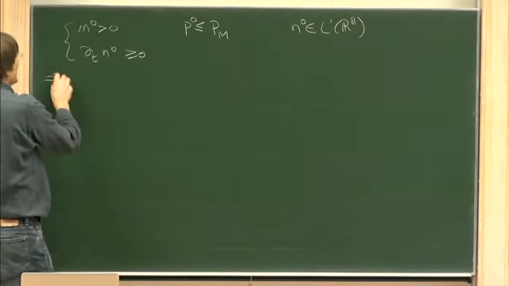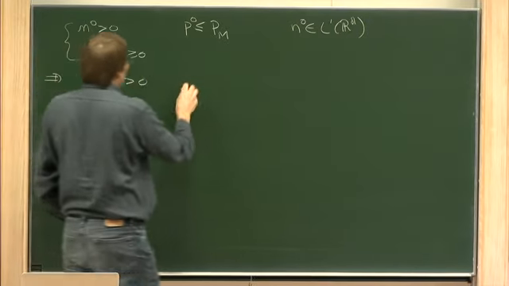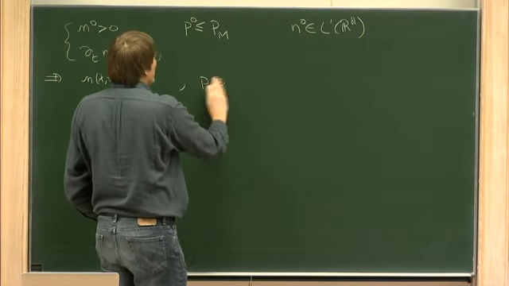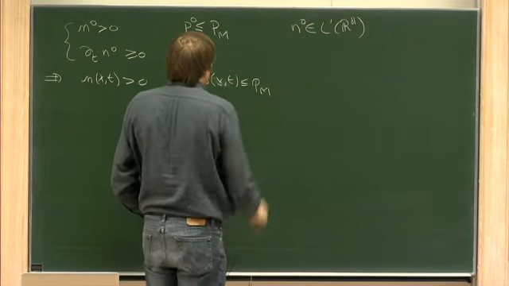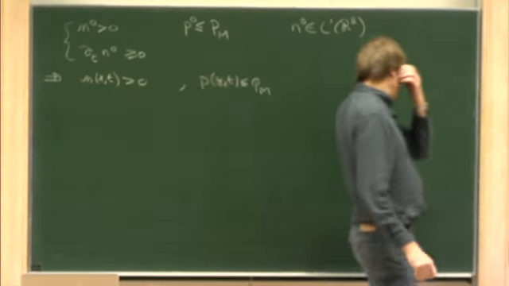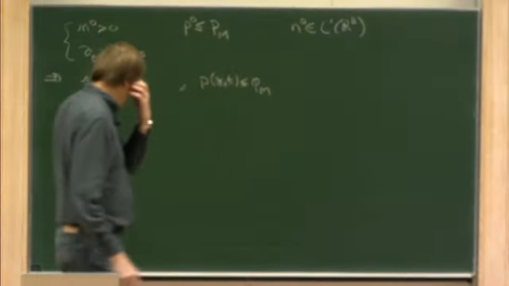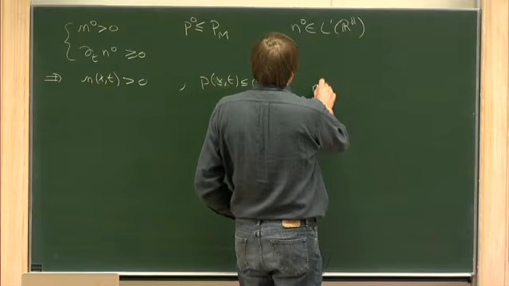So this implies that n of x,t is always non-negative. This implies that the pressure P of x,t is always less than Pm. That's simply because we have a maximum principle on the pressure, and we have that the integral of